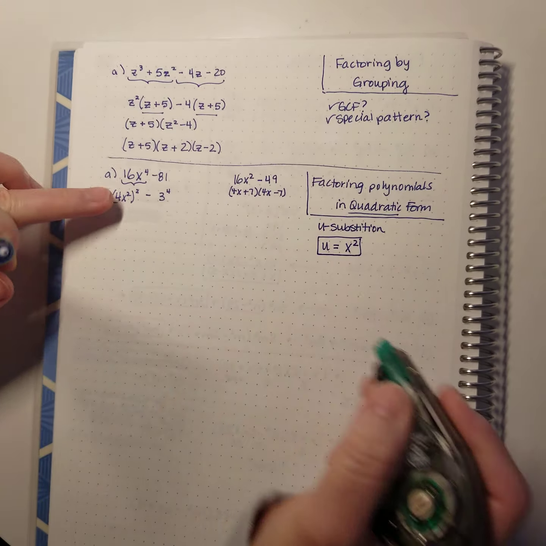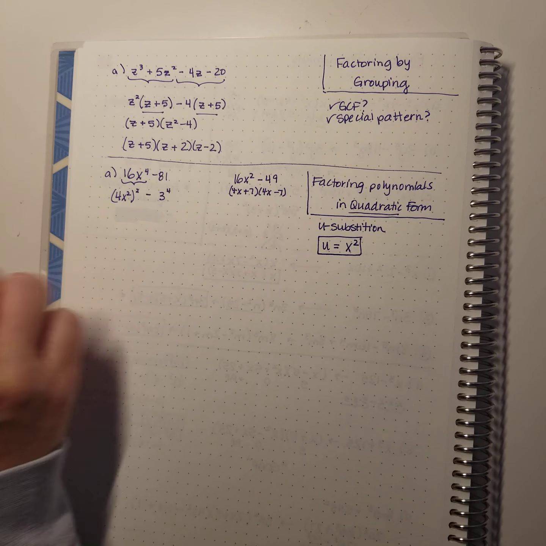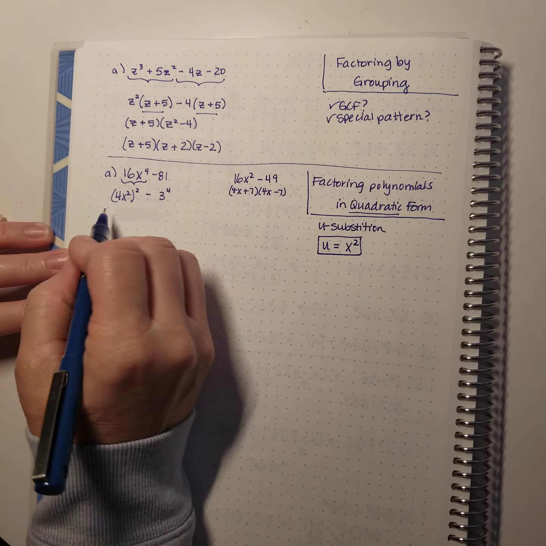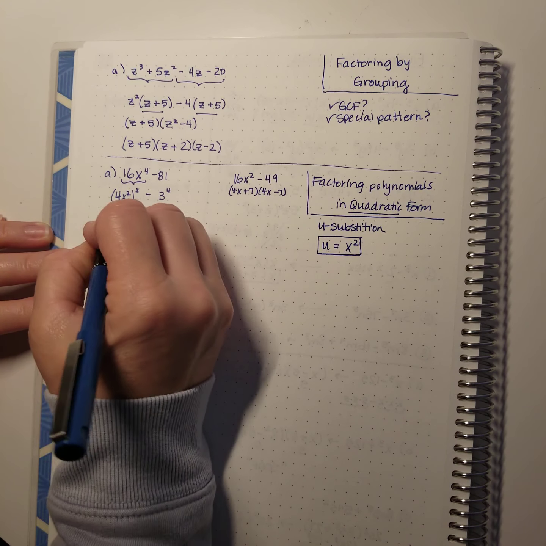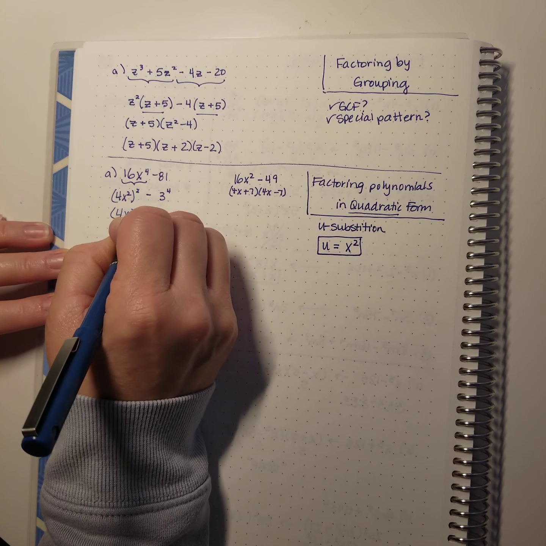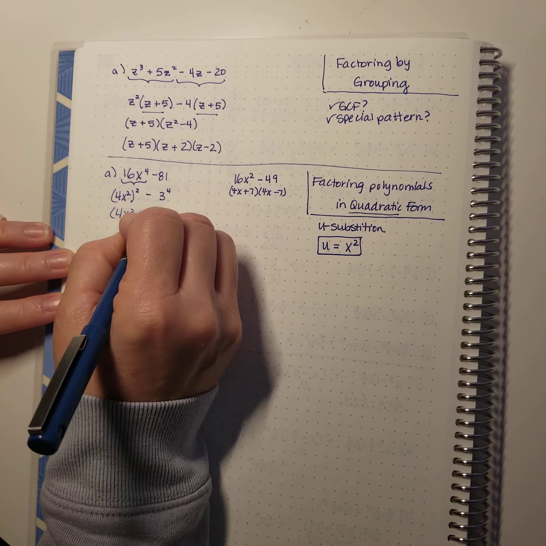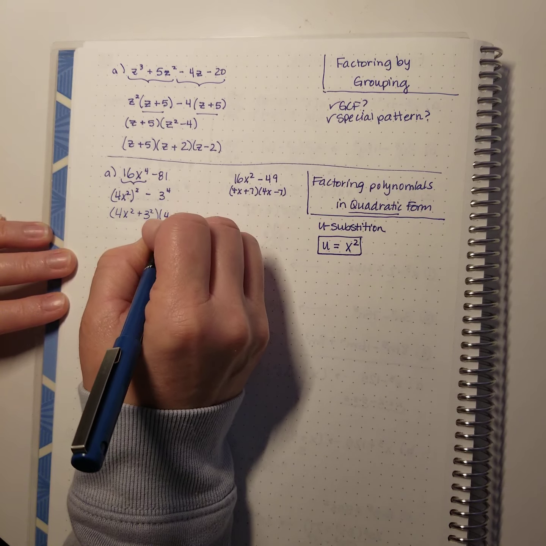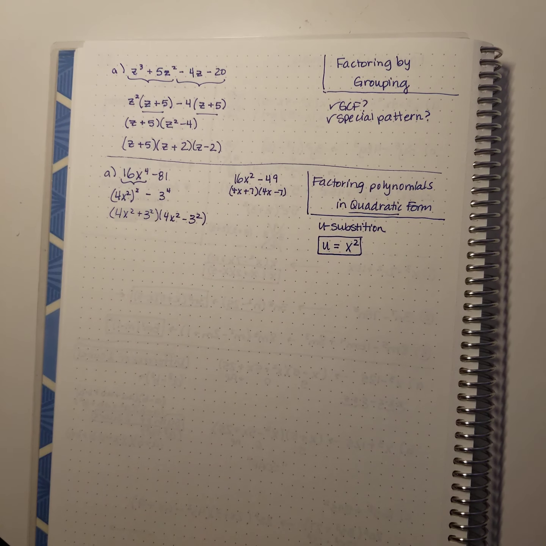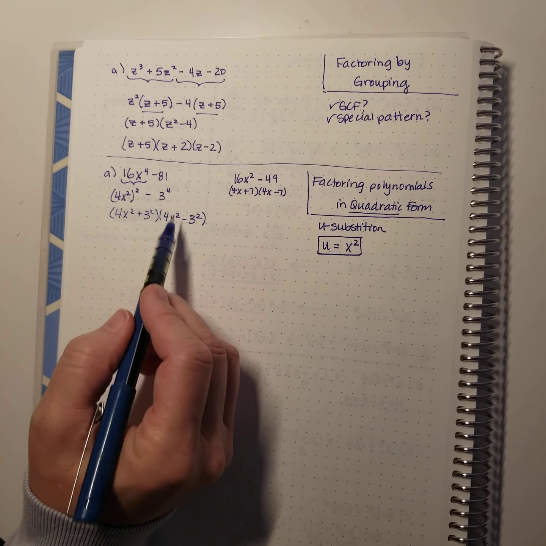Okay. If you think of this as a difference of 2 squares, then what you really have here is 4x squared plus 3 squared and 4x squared minus 3 squared. So you can think of all of these as just squared terms instead of